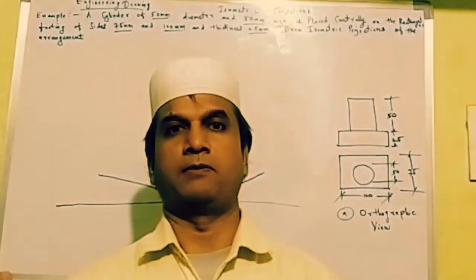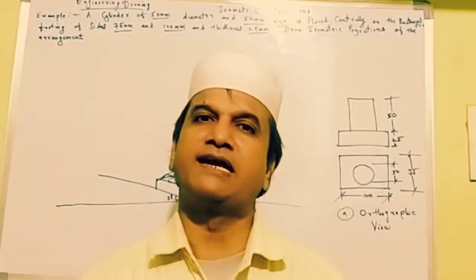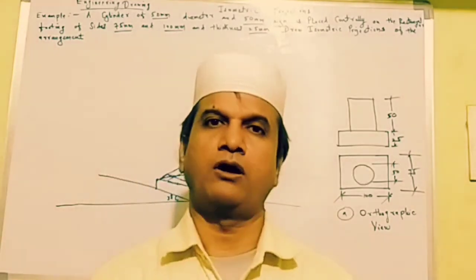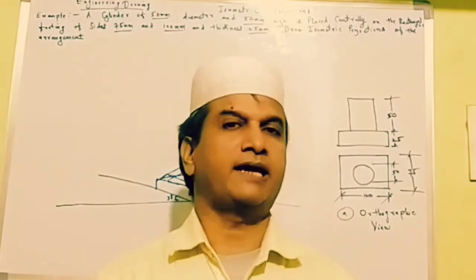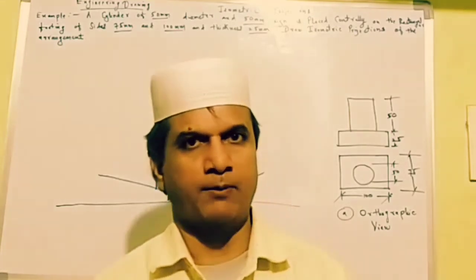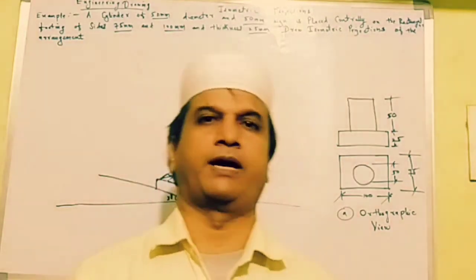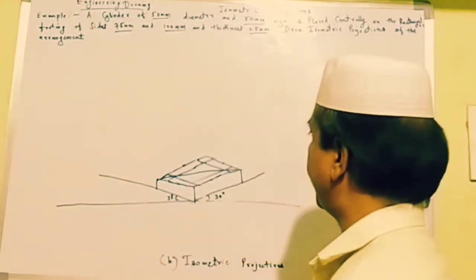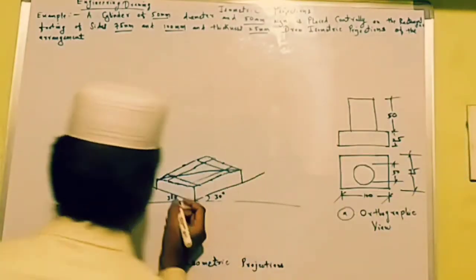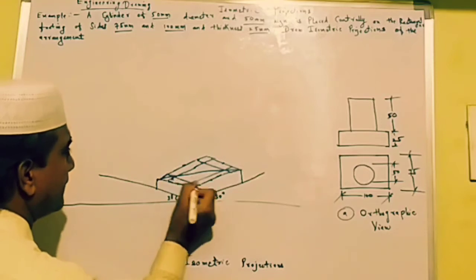But in this case the diameter is 50 mm. Therefore, first of all we have to make a rhombus of side 50 mm. Okay, now we shall give names A, B,